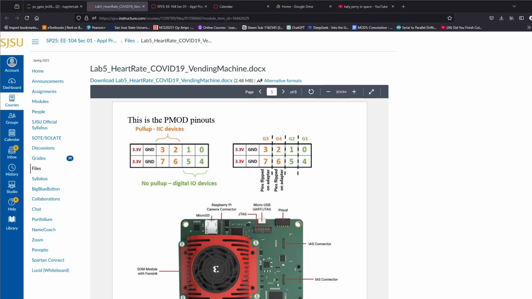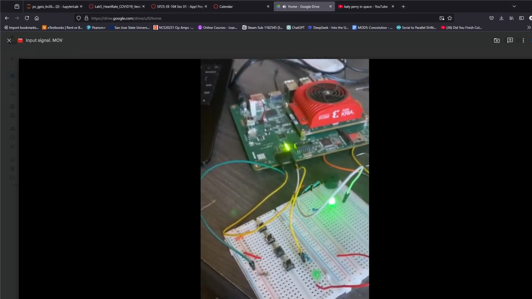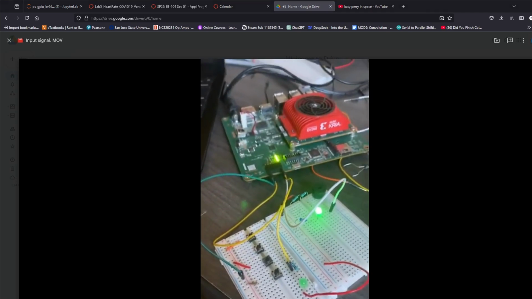So in this video, I'm going to show what would be a demo of a vending machine, though using the Xilinx KRIA controller. Unfortunately, I was not receiving any sort of result, as I will show in this video. I am currently having an issue with my PMOD inputs, and to show this as simply as possible,